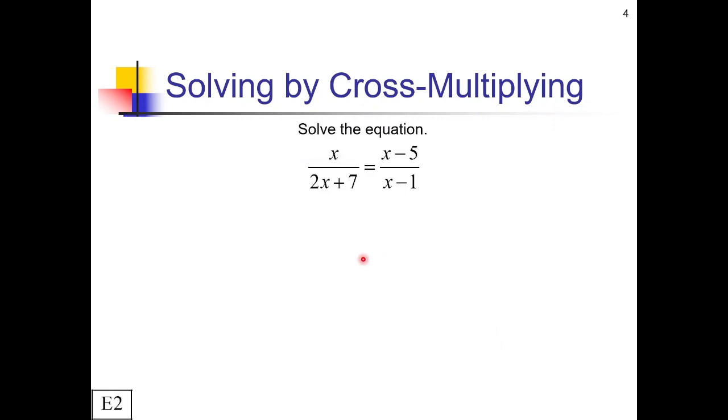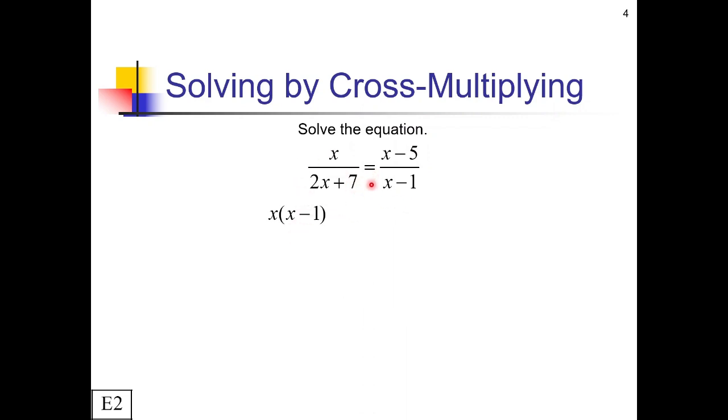Here's another example for us to try out. Same kind of idea, but a little tougher on the back end. Pause the video and try it out. All right, so again, we've got one term on each side, so cross-multiplying will work in this situation. So we've got on the left side x times x minus 1,